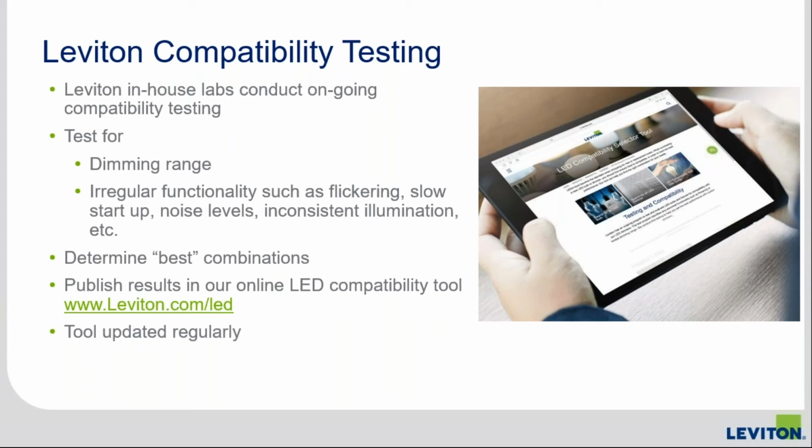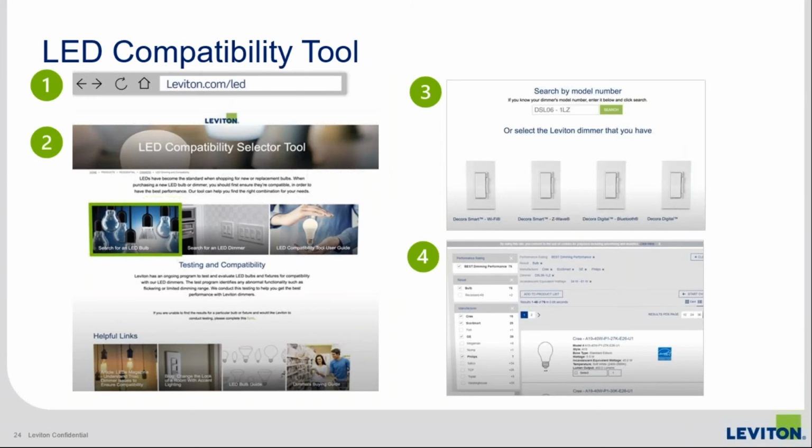We then publish all those results on our website, www.leviton.com/LED. And we regularly update the tool. We have tens of thousands of ratings up there. So if you go online, you'll see something like this. If you go to leviton.com/LED, you can either select a bulb, and then you'll look for